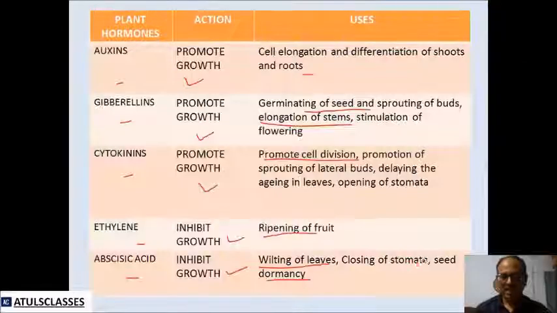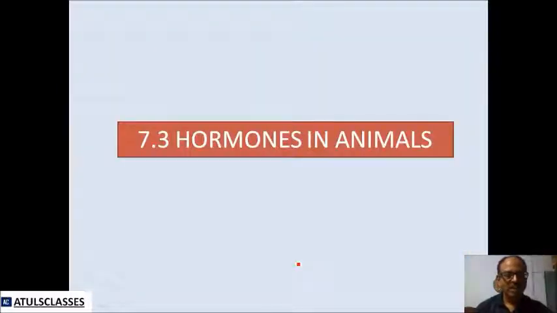If the seeds are not dormant, you could think what would happen. We will not find anything in our kitchen boxes, no pulses and no rice and no wheat, because if the dormancy is not there or they are not inhibiting the growth, then they would grow again and again as soon as they get mature. So that's why these hormones are very essential, and they control the plant, coordinate the plant's growth and development. So this all was about the plant.